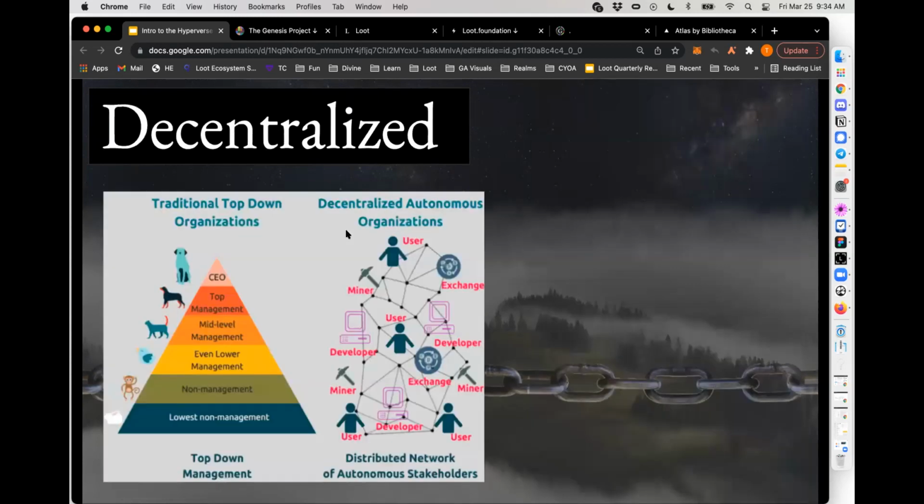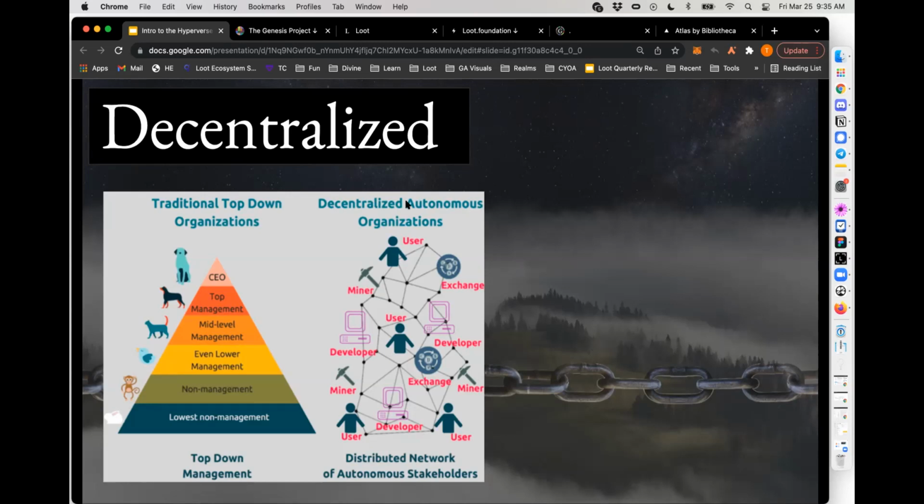It's also decentralized. I'm not going to talk too much about decentralized today, but Loot is the most decentralized game I've seen yet, in that it's almost so decentralized that it's almost not even a DAO, meaning it's decentralized because no one owns it, and it's autonomous.